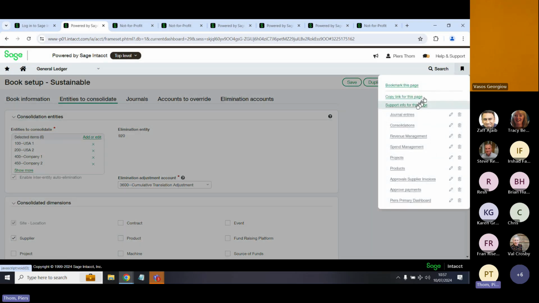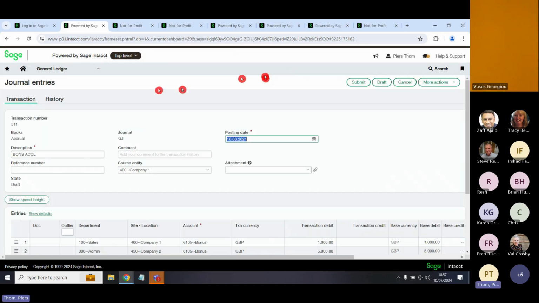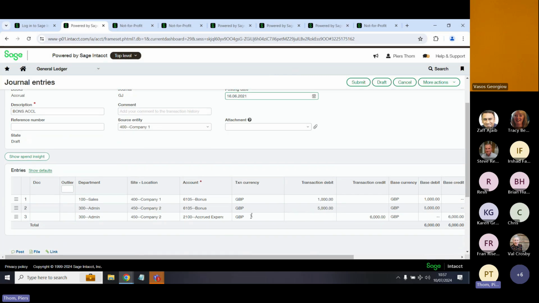That concept also nicely lends itself to intercompany transactions and movements. So if I pop across to a journal entry screen, and if I look down onto my journal entry screen, I can start to see that line number 1 of my journal entry is going to impact my company one, but line number 2 is impacting another part of my organization. So we start to have this concept of one entry screen where different lines can be impacting different parts of